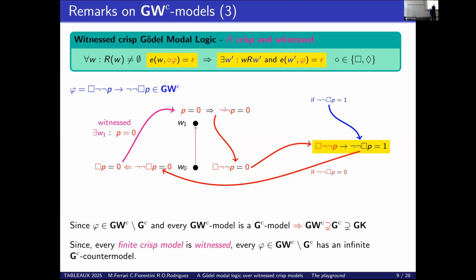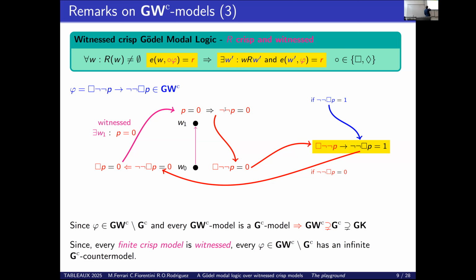This implies that not P is 1 in W1, and this implies that box not P is 1 in the root. So anytime you take this 0, this must be 1, and this proves that the formula belongs to the logic. This is an example of a